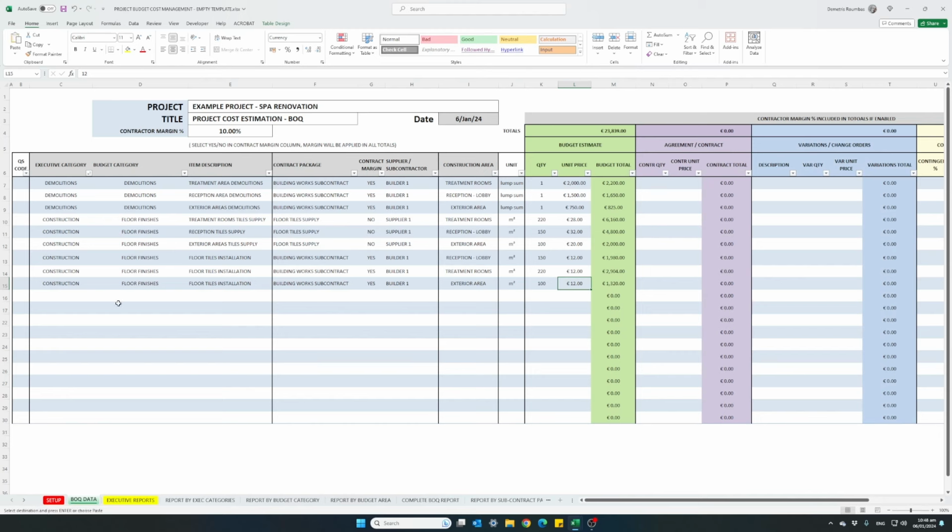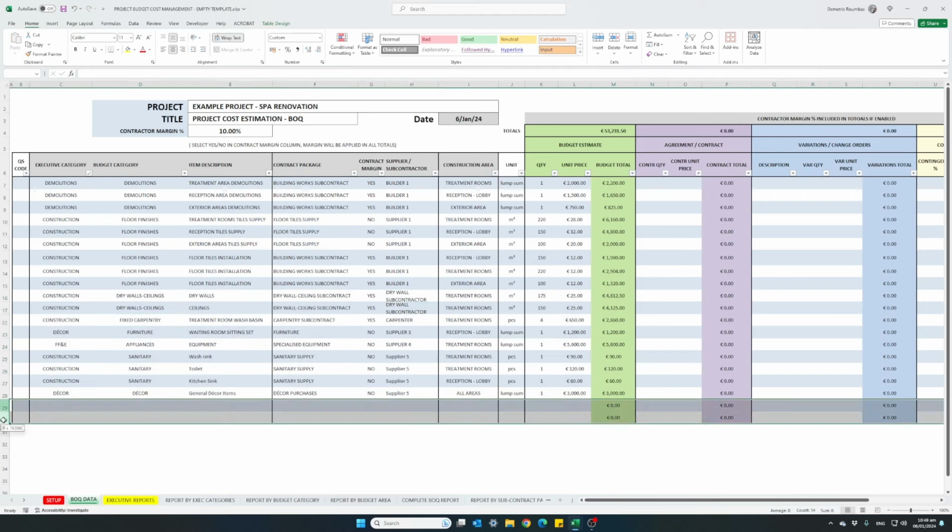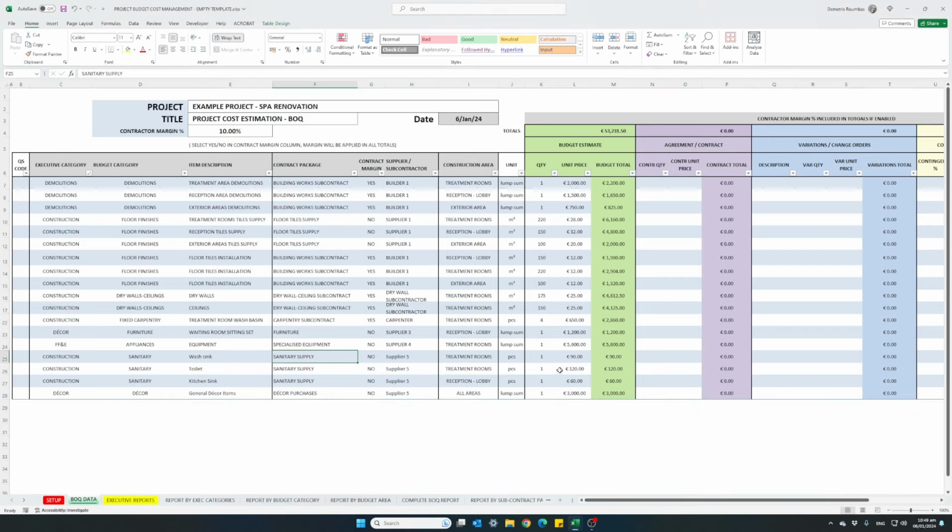For the rest of the entries, I will just paste them in so we don't lose any more of our time. Just delete these two lines, and we have basically finished preparing our budget estimate, which is estimated to be